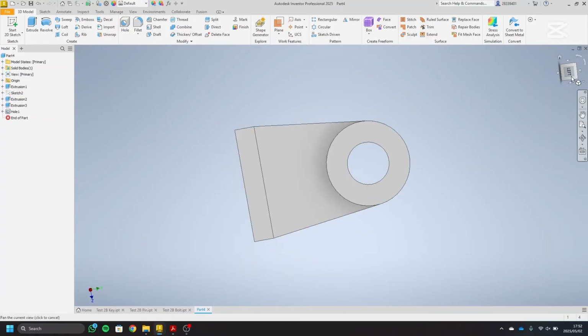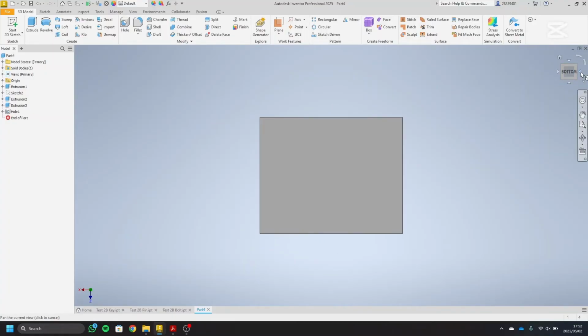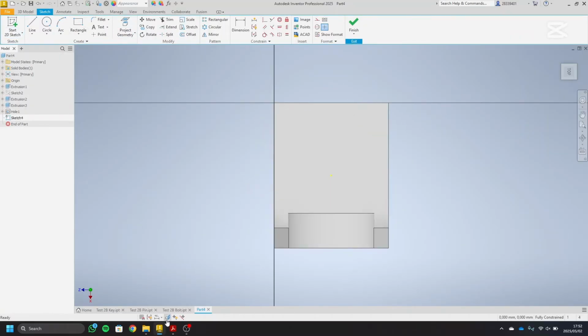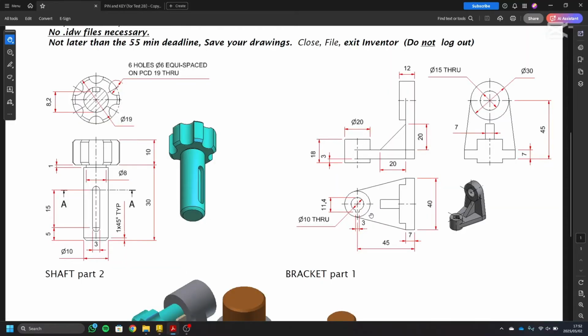We can then go ahead to this part over here and create the same procedure to create this piece. Just going to rotate this like that. And if we look here, this is a diameter of 10 through. We have a slot of 3 millimeters in width,